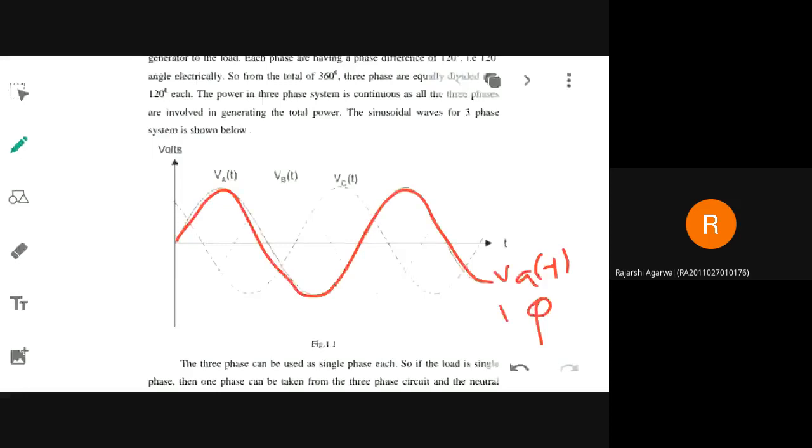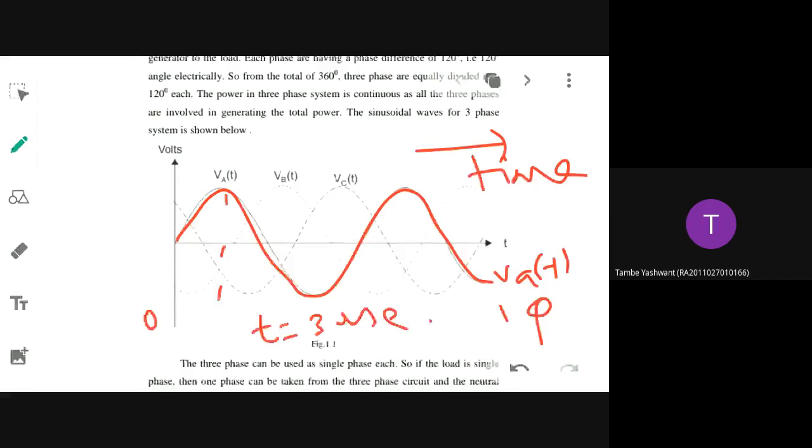Is that varying with respect to time in magnitude and frequency, or not varying? Ma'am, it is varying. This is the time axis. So every time the time varies. This is time equal to 0. This is some other time. If you assume time equal to 30 seconds, here time will be 15 seconds, so the maximum value of magnitude is achieved. Again here it becomes 0. Again it becomes negative maximum. Again here it becomes 0. Again it becomes positive maximum. So with time it varies in magnitude as well as frequency. That's why they are called an alternating quantity, an AC quantity.